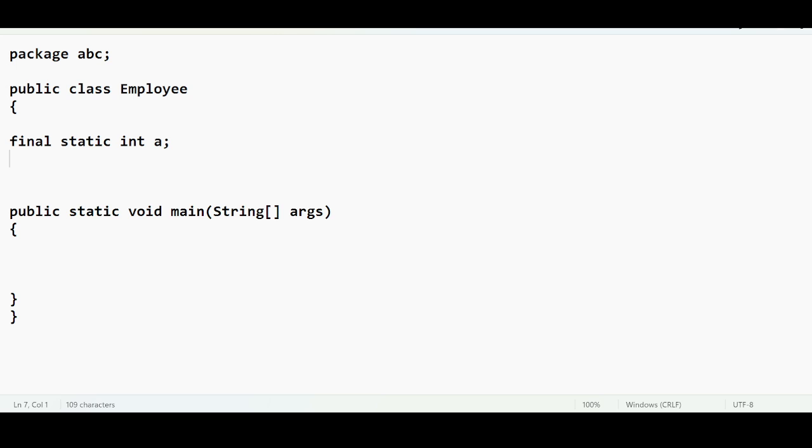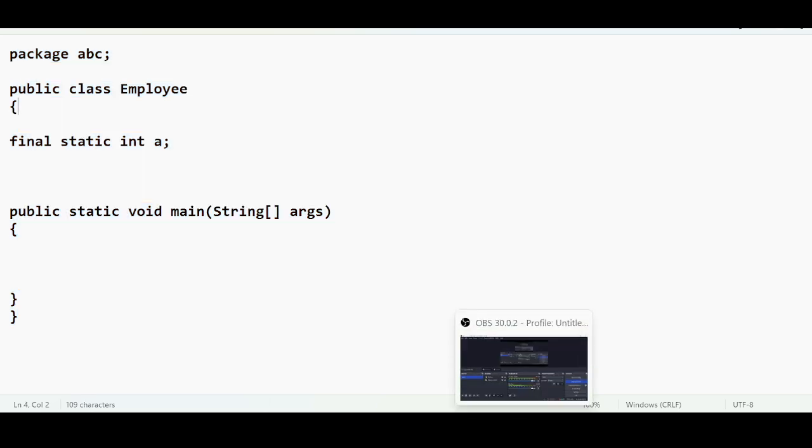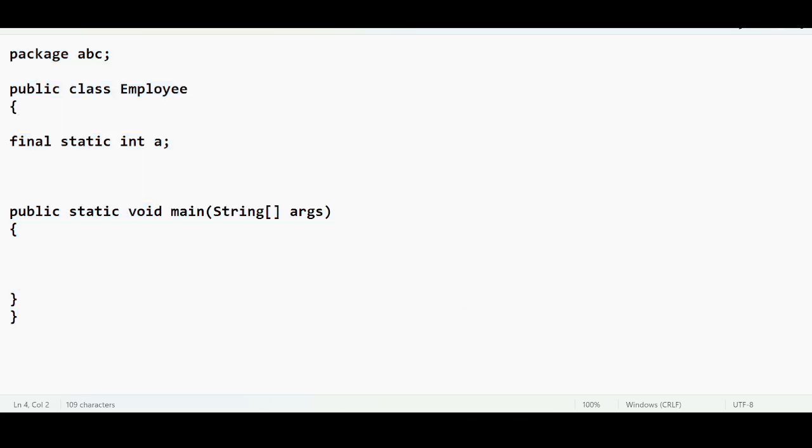If anyone is asking you, is there a way that I can just keep the declaration, forgetting the initialization? Yes, there is a way. You have to go for blank final variable so that you can assign the values through the constructor if it is non-static, and if it is static, you will assign the value through the static blocks. Right? Just practice these things. Repeat this video once. Definitely, you can practice these things in the online compiler also. You can do a lot of research